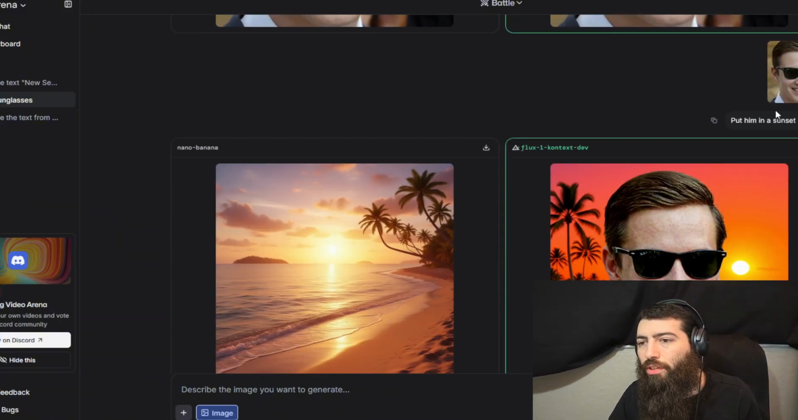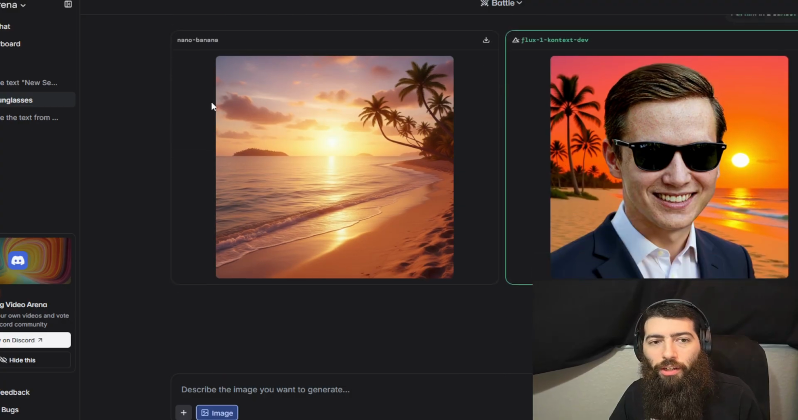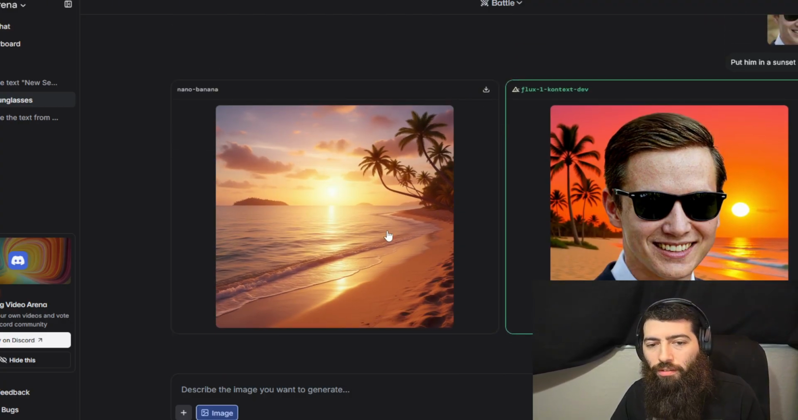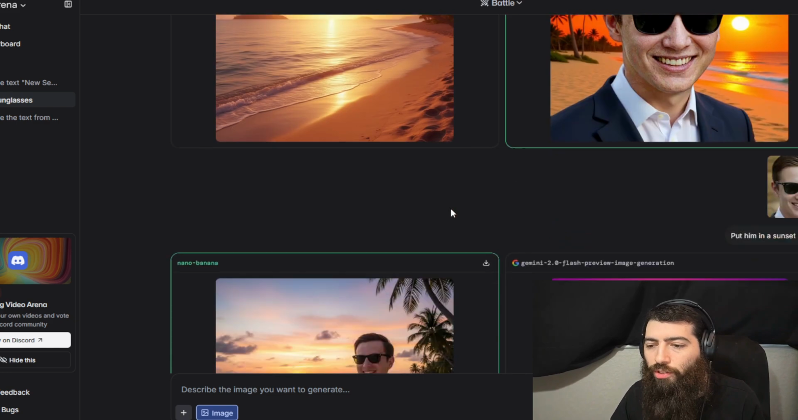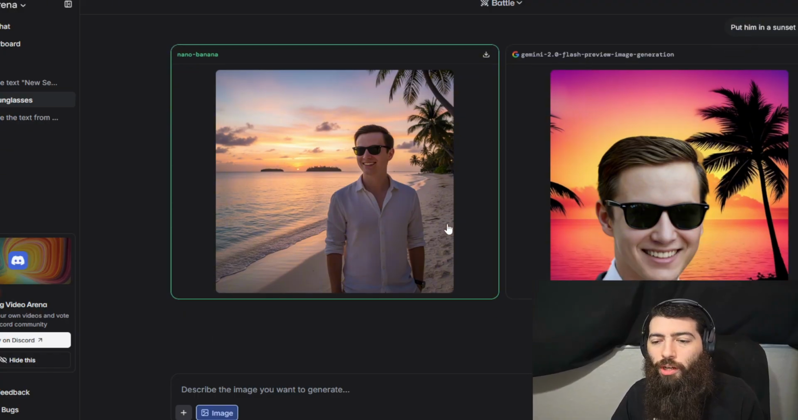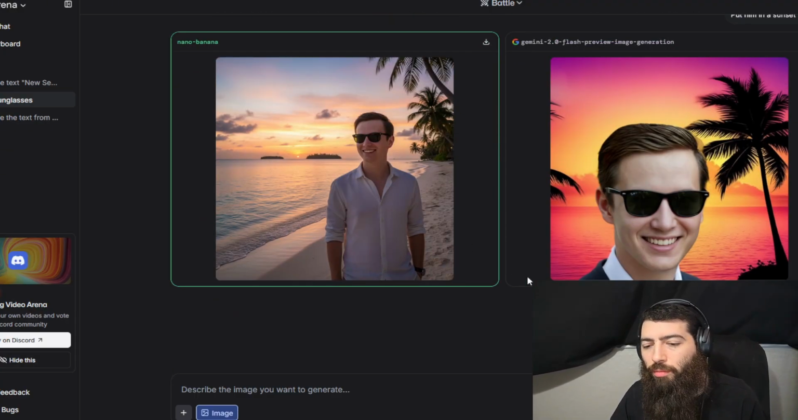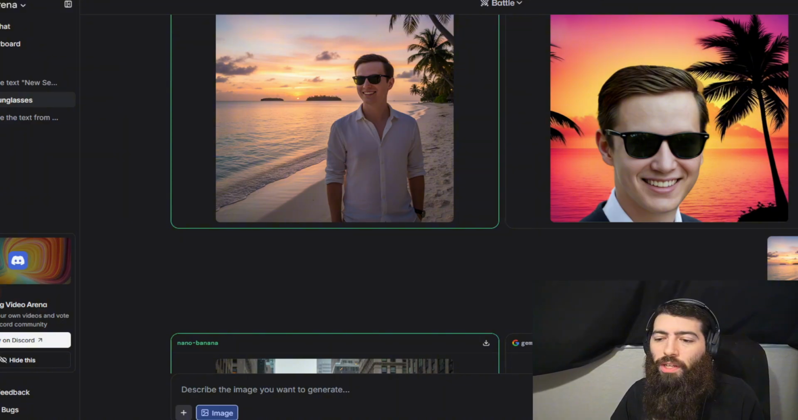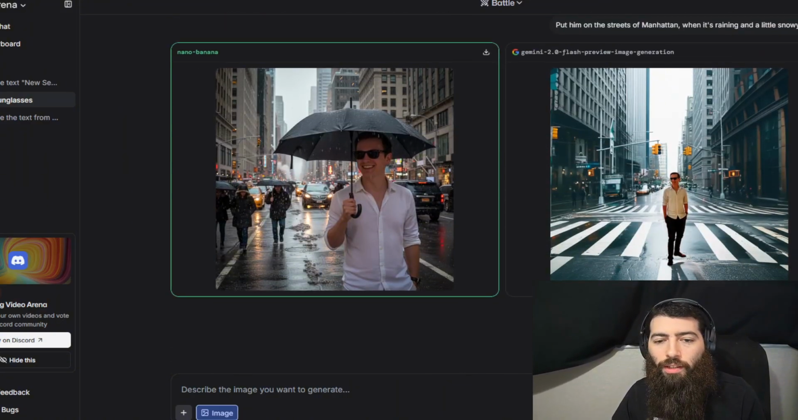Then I said put him in a sunset paradise. Here Nano Banana actually came up and didn't include the character at all, so I wanted to try again. And luckily on my second attempt, Nano Banana did show up and did a great job. So then I took the same image and said put him in the streets of Manhattan when it's raining and a little snowy outside. And here was the first output from Nano Banana,